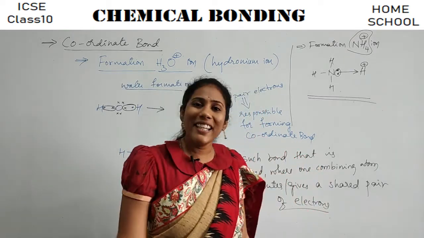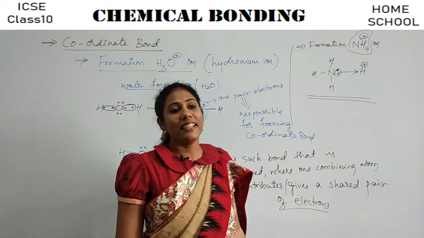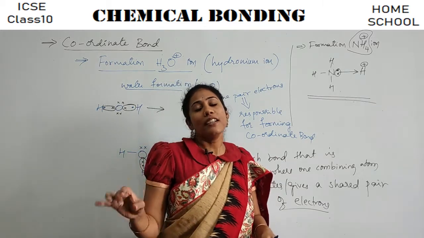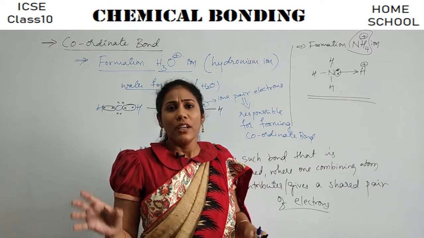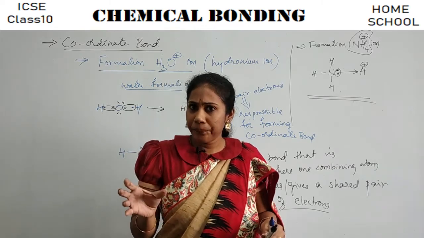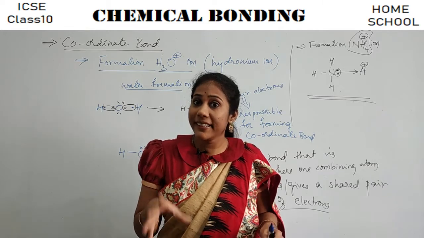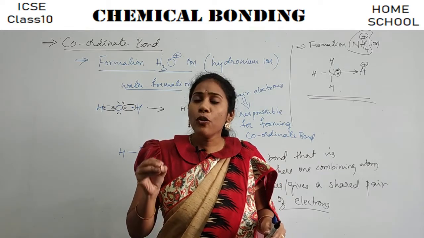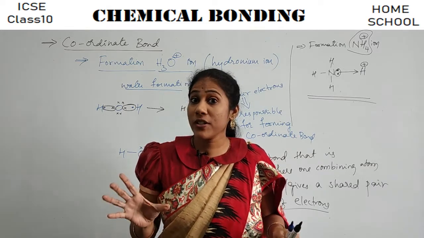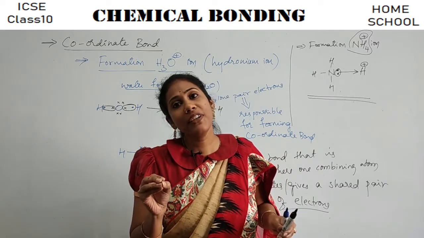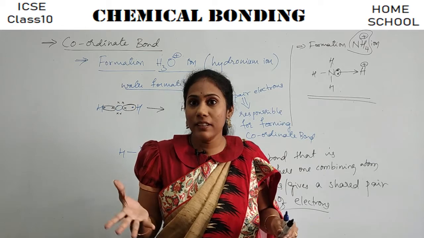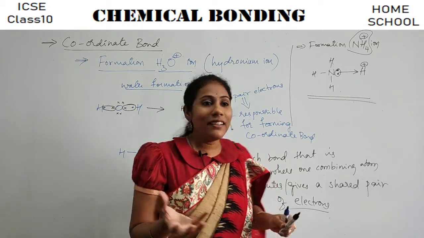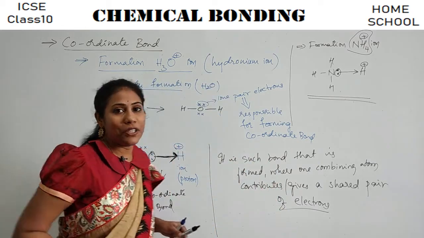Clear? So this is how a special bonding can be formed during chemical reactions. More details about this will be studied in the higher classes. You have certain compounds like complex compounds, coordinate compounds. You know chlorophyll. Where is the chlorophyll present? In the green plants, right? What is the use of chlorophyll? Photosynthesis. It's a green color chemical, right? So in that chemical, you actually have coordinate bonds.